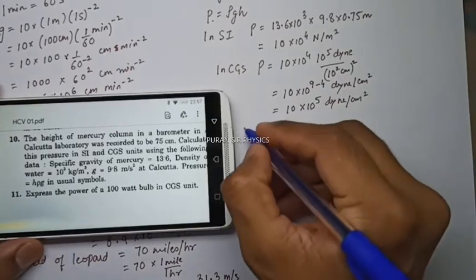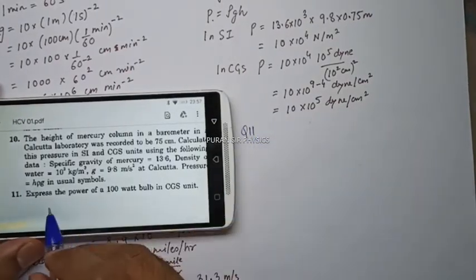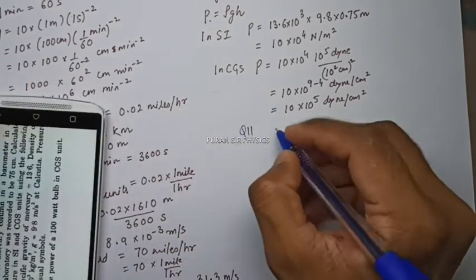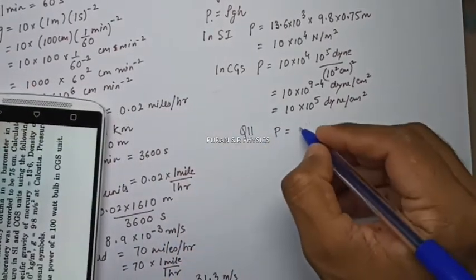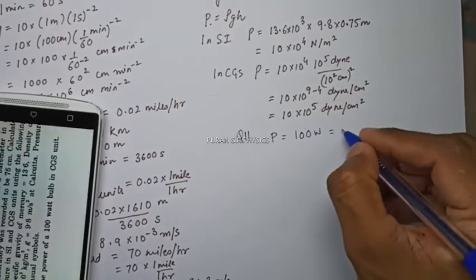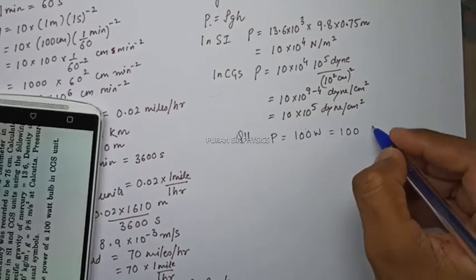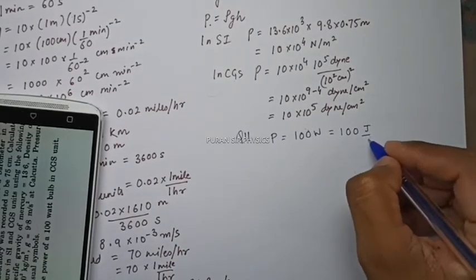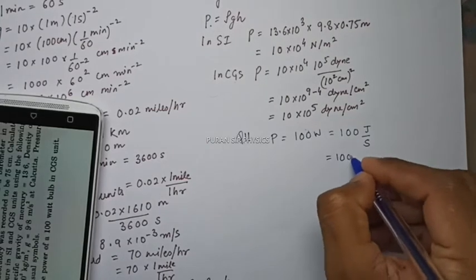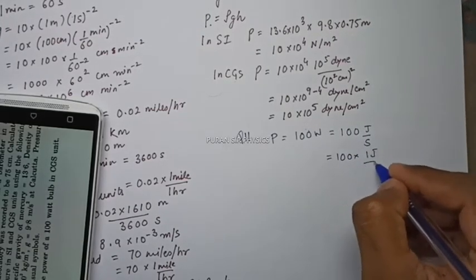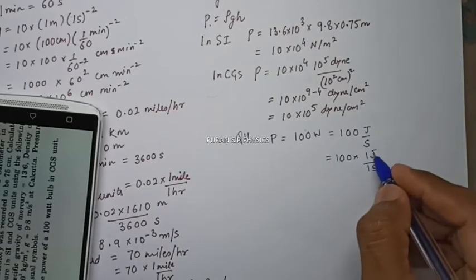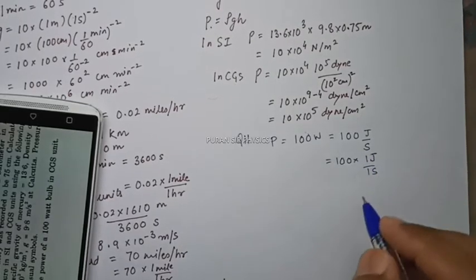Okay, in question 11, express the power of a 100 watt bulb in CGS unit. So we have given power as 100 watt. So we can write watt basically as joules per second. So this can be written as 100 into 1 joule upon 1 second. So in CGS, your joule basically is ergs,